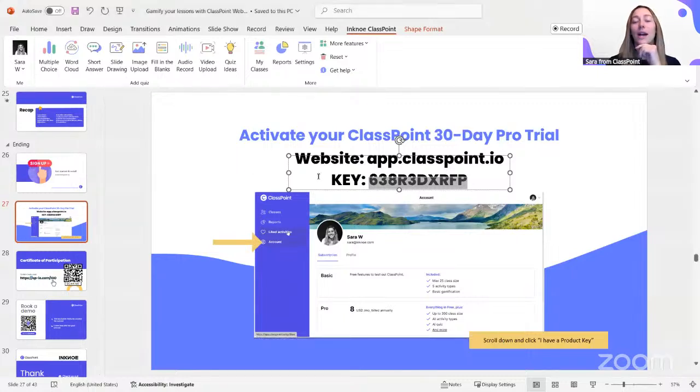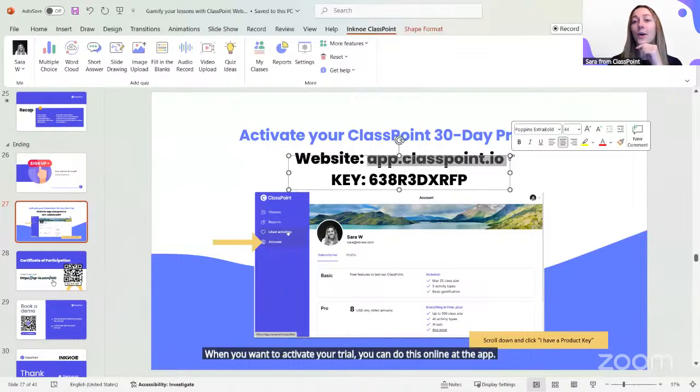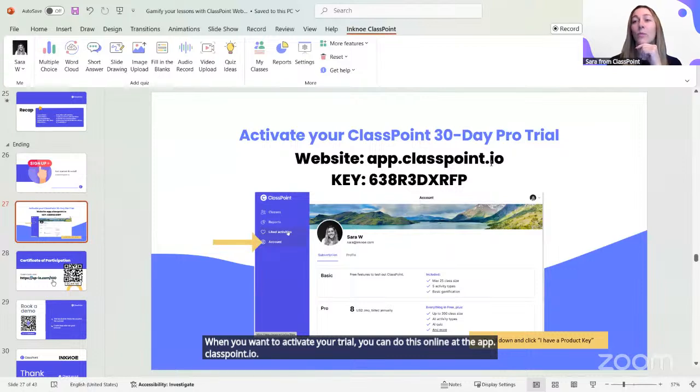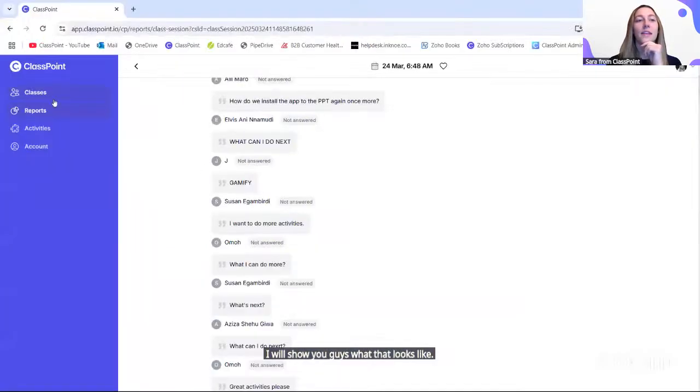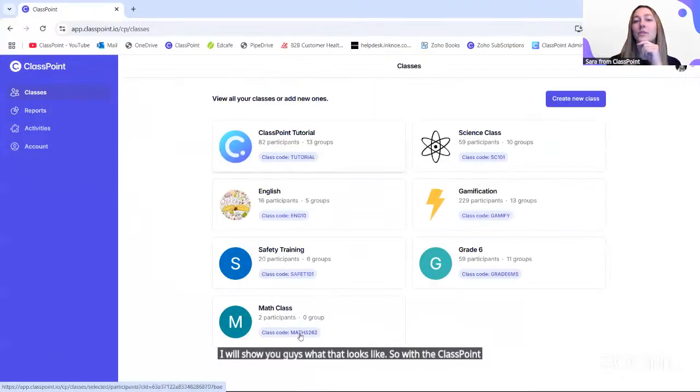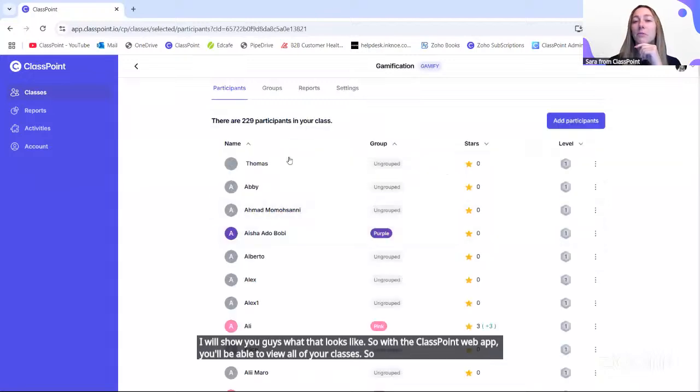When you want to activate your trial, you can do this online at app.classpoint.io. This is our ClassPoint web app. I will show you what that looks like. With the ClassPoint web app, you'll be able to view all of your classes. As you can see here, we have our gamification class.